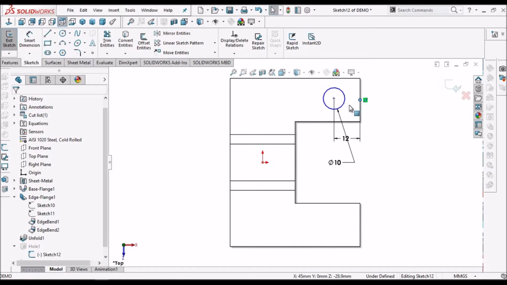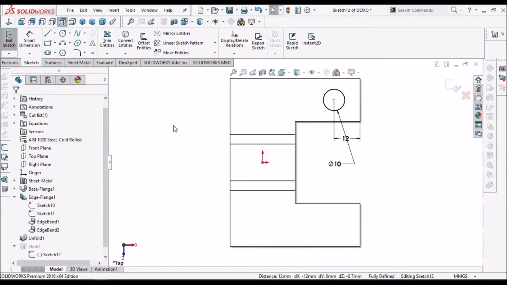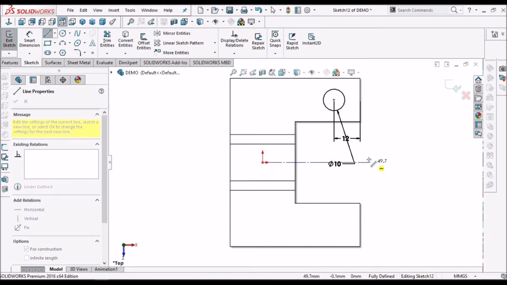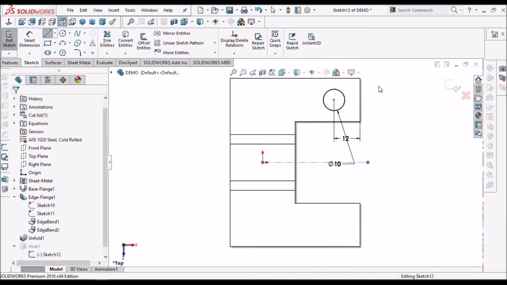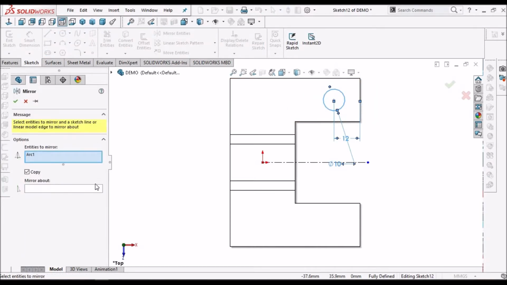And select the midpoint. Select this circle, go to mirror entity, select the mirror point.